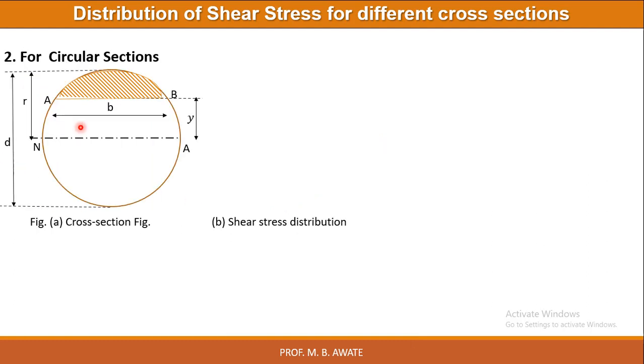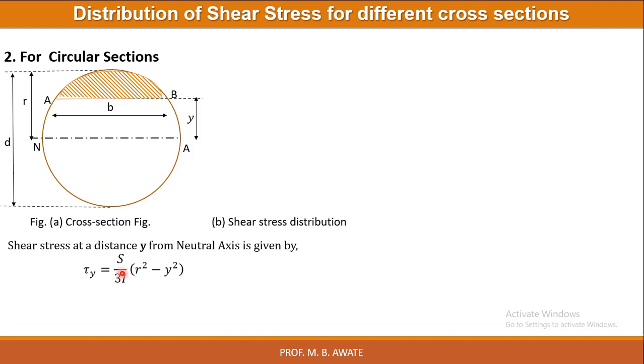Now we are dealing with the circular cross section. So here the circular cross section has been shown, which is having diameter d and radius r, and we have considered a layer AB which is at a distance y from the neutral axis, and B is nothing but the width of this particular layer from the neutral axis. And here we have considered an area shown by the shaded region above this particular layer at a distance y from the neutral axis,